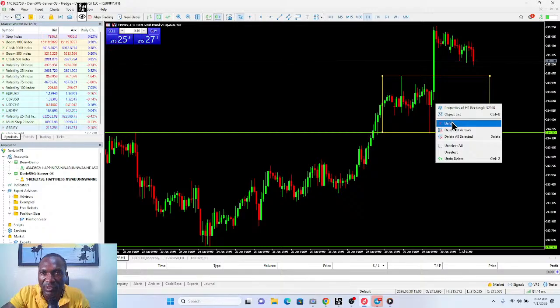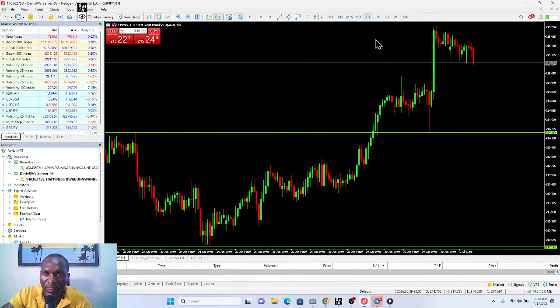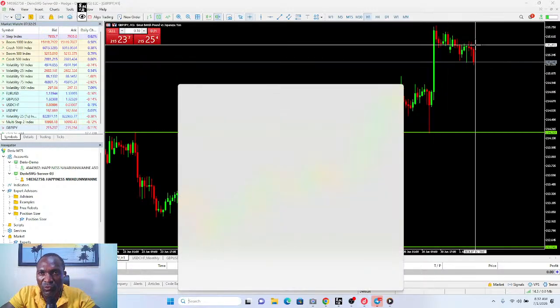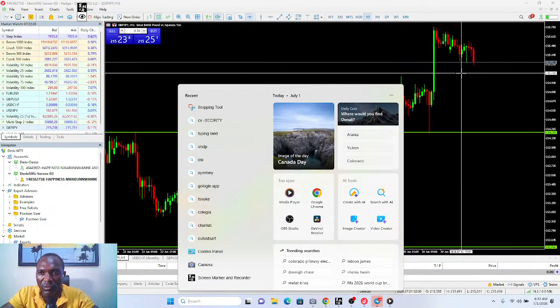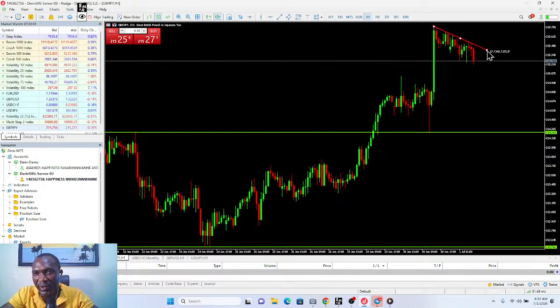So get rid of this. Then move on to this to show that this is an uptrend because it's creating a series of higher highs and higher lows. Now if you notice, though, here there is a downtrend. Let me use the trend line to show you. Oh, sorry. I pressed a different thing. So now let me press this. Okay, good. So this is now showing you a downtrend.